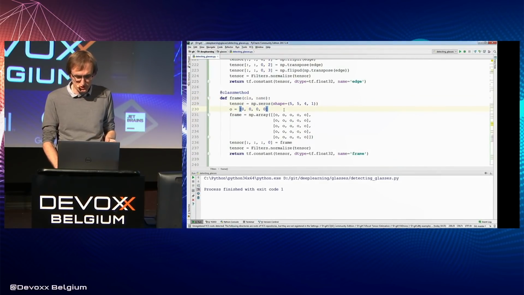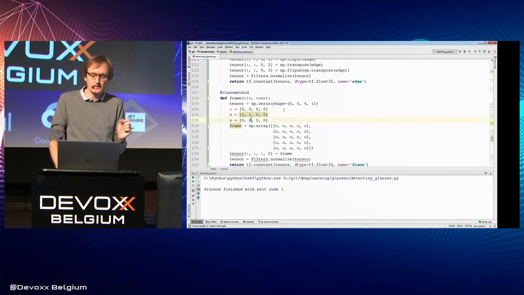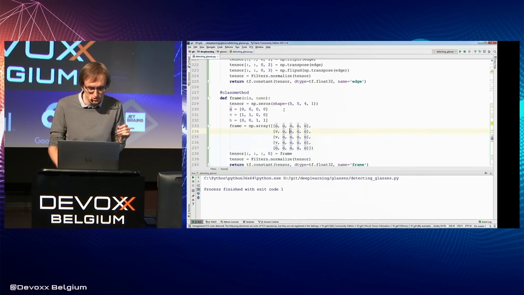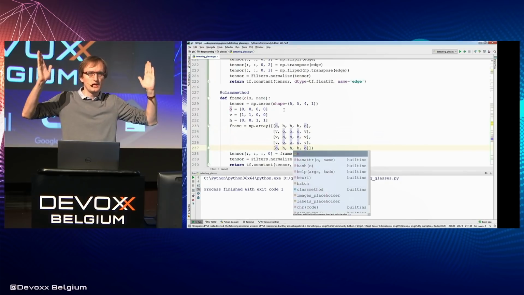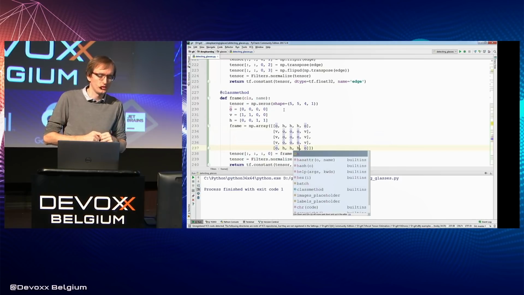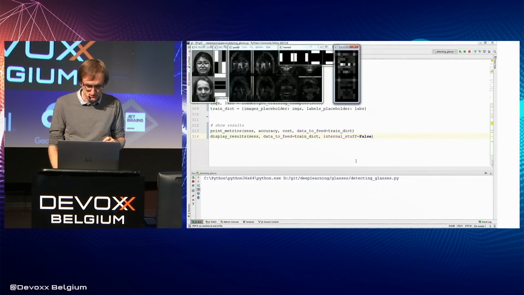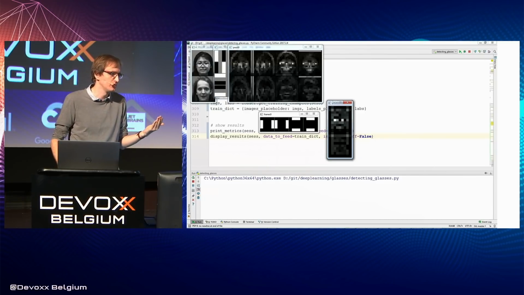So this will be a filter working on 4 channels, and because in the first 2 channels we detected left and right edge, and in the last 2 top and bottom horizontal edges, we can create our typical frame detector as a rectangle and closed by vertical left and right edge from left and right, and horizontal edges from top and bottom. So let's run. We see the results. There are beautiful 2 frames detected for the first lady as pair of bright pixels separated by 2 other pixels. So now to detect the glasses is a no-brainer.